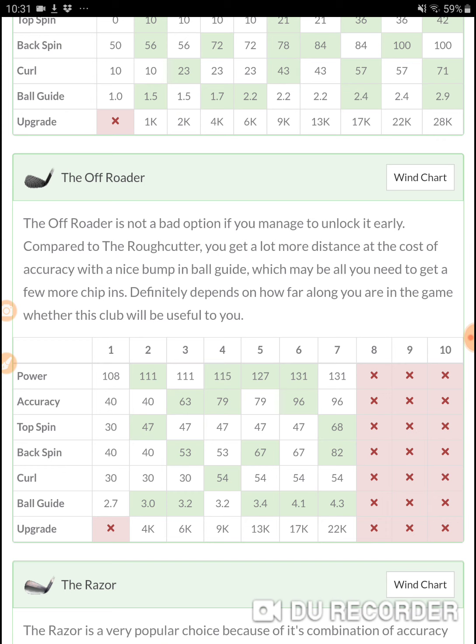Once again, I think this is another one of those clubs that as you get it up or developed, it may become a viable option, but I don't think that the +5 backspin and the 0.2 ball guide are going to entice people to use this club anymore at the lower level. The Amazon,